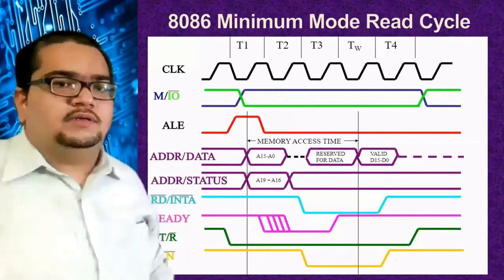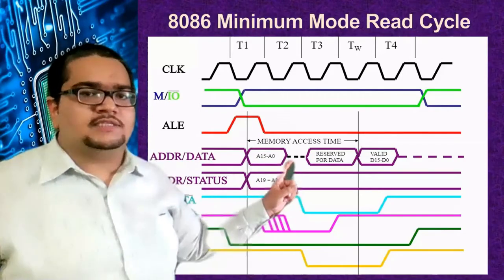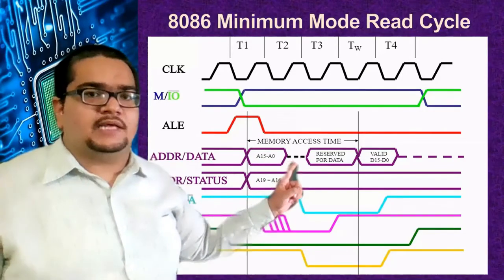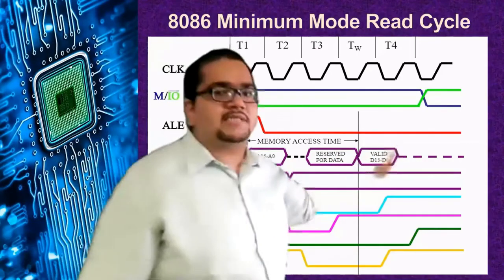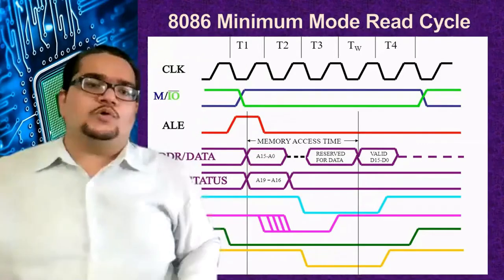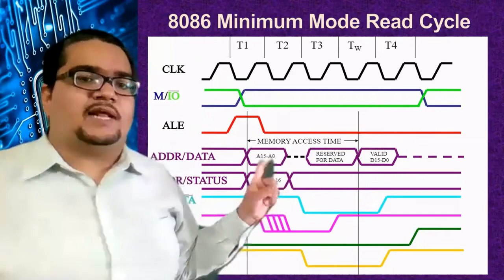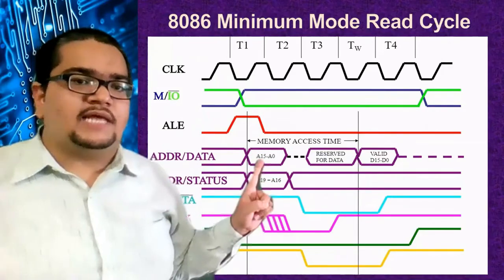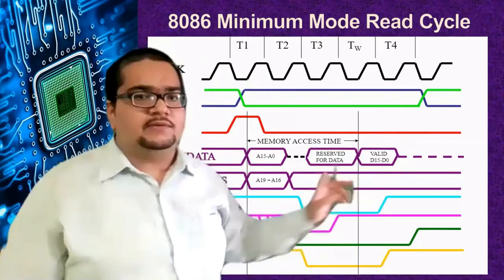So in one cycle, what is happening? Address is there initially, then a small transition when no address, no data is there, then data is there on it. Then again, once T4 completes and the next T1 starts, there will be address on it again. And this cycle goes on. For every cycle, it will be like this only. There is only a small amount of time when there is an address on these lines, and again only a small amount of time when there is data on it.